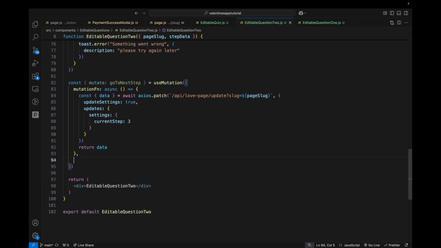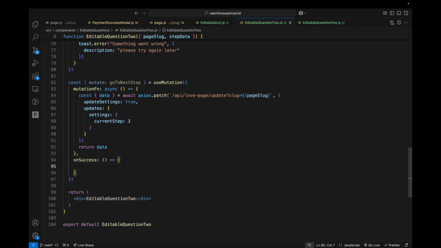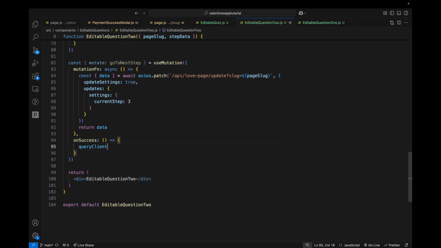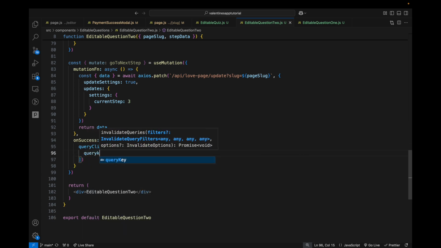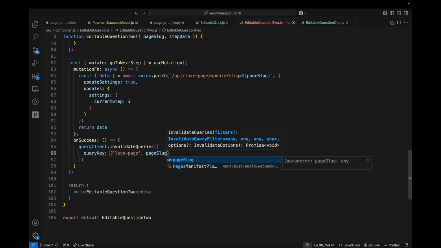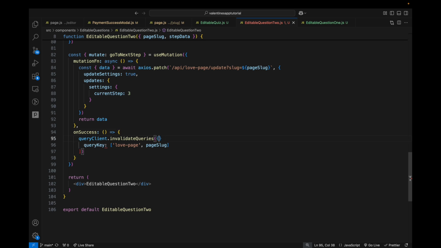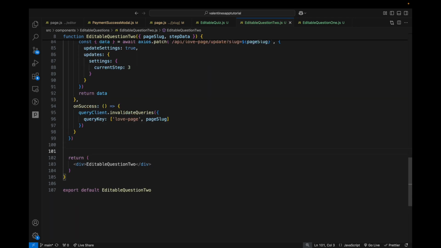Let's also handle the onSuccess. Will just simply be a queryClient.invalidateQueries. And the query key is love-page, slug, and this should be a curly brace, not the square bracket. Let me change that. There you go. And we also need the onSubmit function. So const onSubmit is equal to,